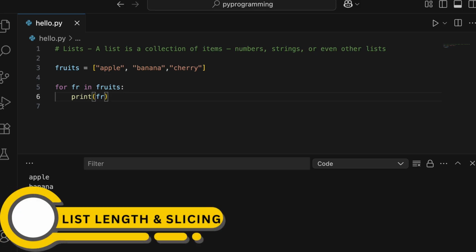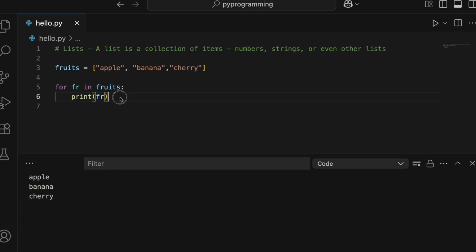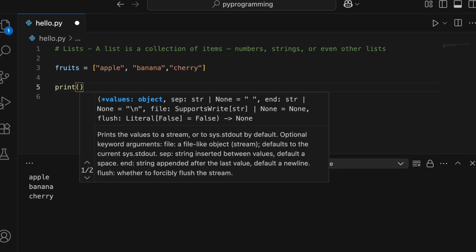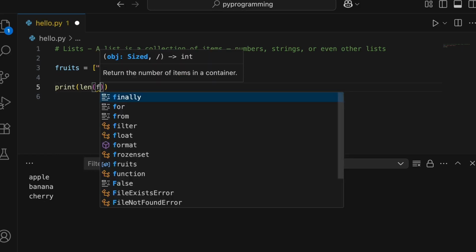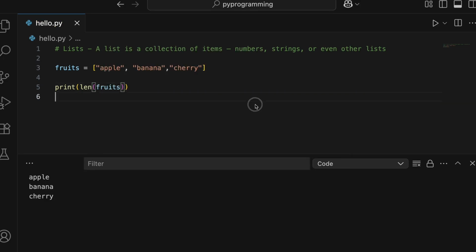Now let's see how we can get the length of the list. So let's say if you want to figure out what is the length of this list, we can go ahead and use the len function. So if I just print and then use this function len and I'll mention the list name, and if I run this now, I will get the length of this list. So it is 3 because it has 3 items. Although the indexing starts from 0, in order to figure out the length, you will start with 1. So that is how it is 3. Let me put a comment here, number of items.